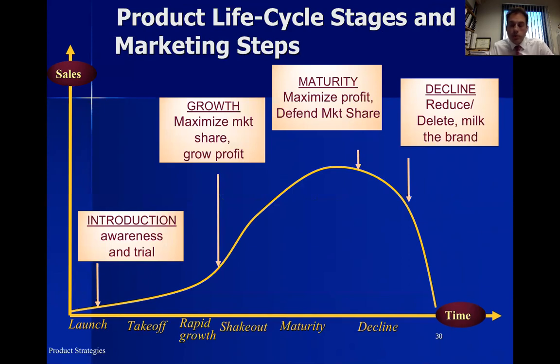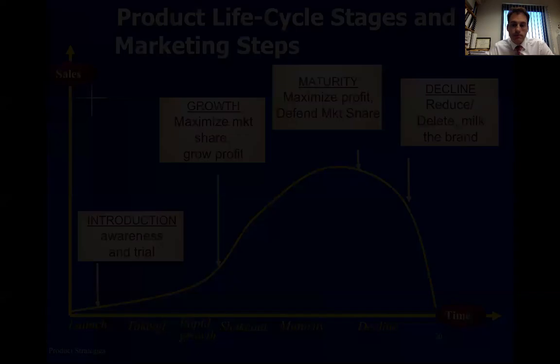You don't replace the product with a new product when the existing product is in the decline stage. You want to have a product that is well launched before that, because you go through the adoption cycle, from the innovators, early adopters, until you get to the laggards. So everything needs to be synchronized.